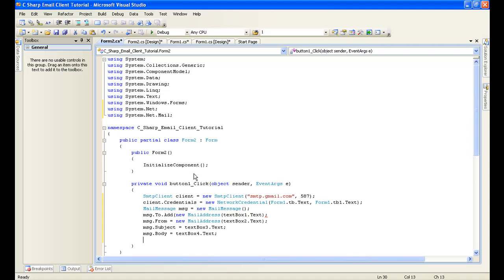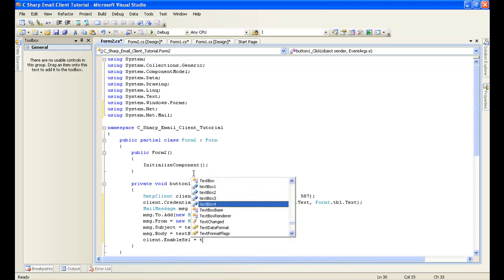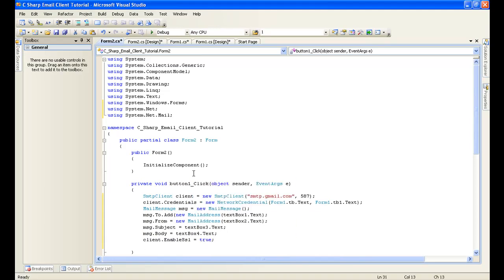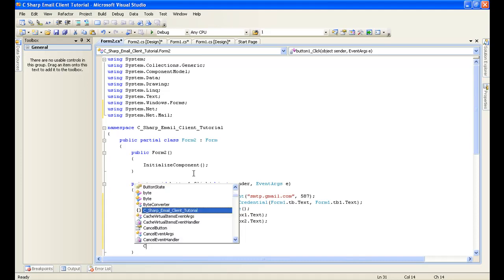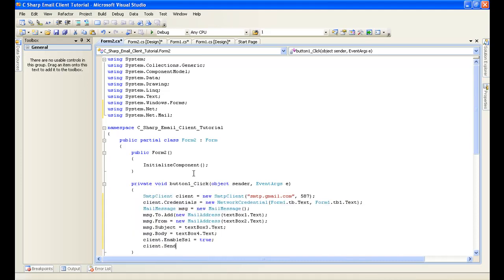And for Gmail, you've got to make sure you do this. client.EnableSsl = true; And then after that, you're going to want to do client.Send(msg);